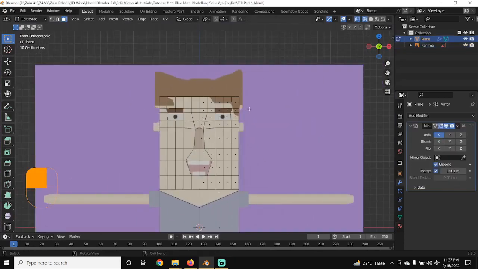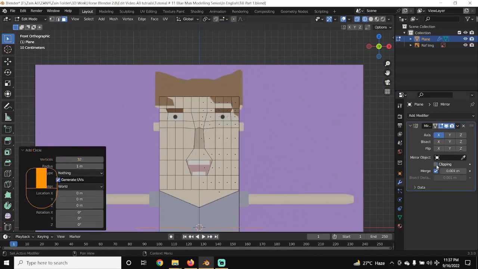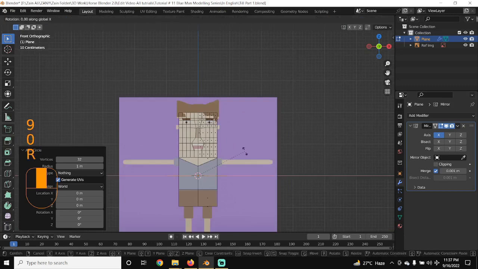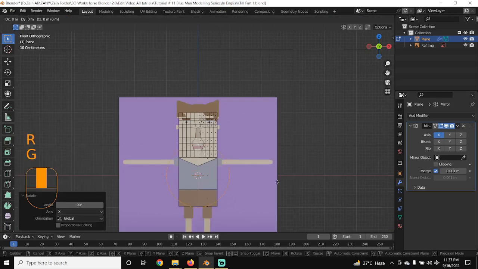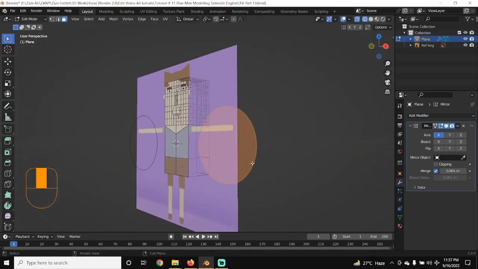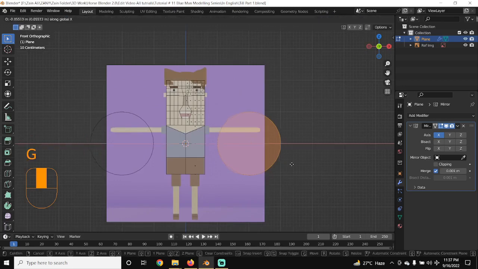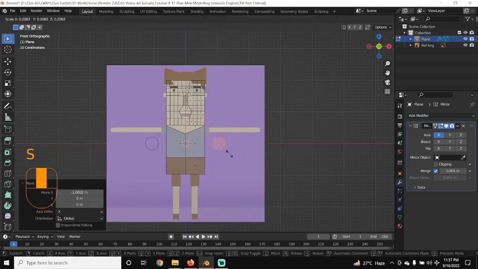For that I will press Shift plus A, and below the cube select circle and then disable clipping. That is a very important point, don't miss it. And then press R and then X and then 90, enter, and then press G and then X to move your circle to the right side of the body, and then press F to add a face on it, and then press 1 and then move this circle to the place of the eye. So press G and then X and then S to scale it down, then G and Z